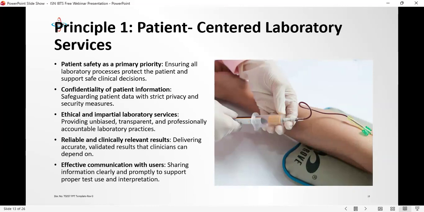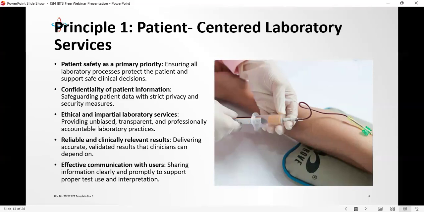It's just by chance they are coming. Imagine if you have a consistent laboratory that is focused on patients. Even those small people will still bring their patients. Come, I have a place that they are giving me accurate results. Have you tried it? Come. Even though, don't mind, I'm looking forward to you, but these people are giving me answers. Have you seen me sick? That way, you will gather clientele. Reliable and clinically relevant results every time.